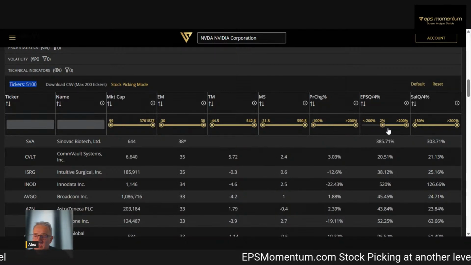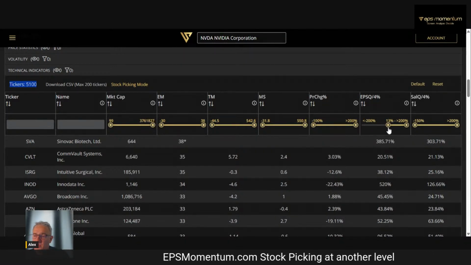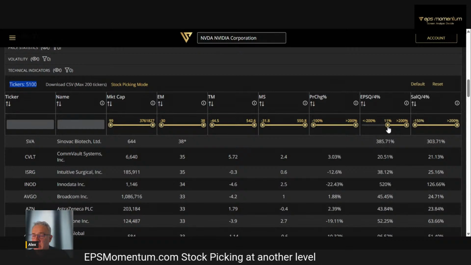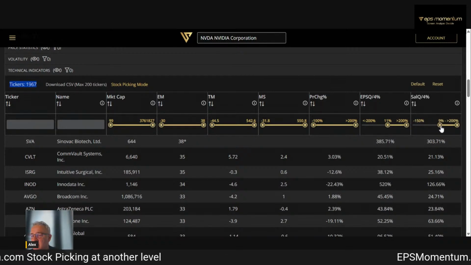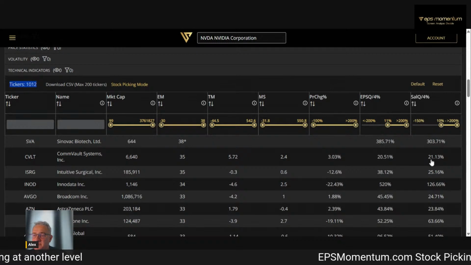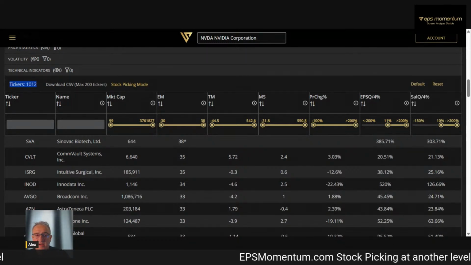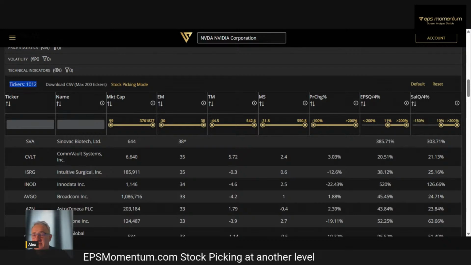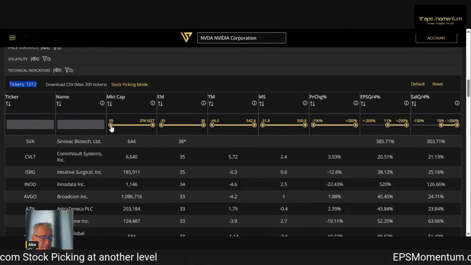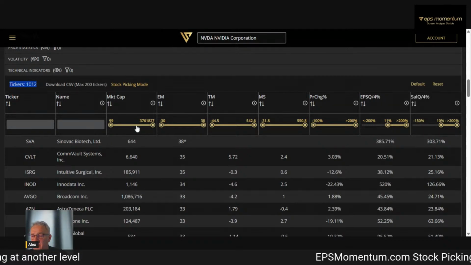And I am going to make sure we have earning per share greater than, say, maybe 10% or 11%, and sales, same thing, about 10%. So now we have 1,000 tickers, which is much better. Maybe a filter on market cap. You know what? I'm gonna leave the market cap as it is,